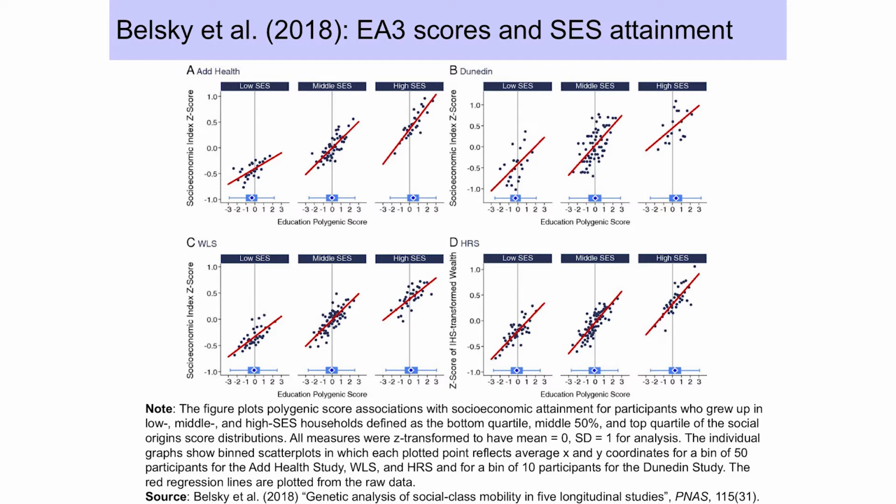strata of society. But you also see two other things. You see that the average polygenic score across these strata of society is actually not significantly different from each other, right? So there isn't that much genetic variation between people that were born in low SES families and high SES families. And yet, being a winner of the genetic lottery has an effect in all of these samples, right? So you're better off as a winner of the genetic lottery, independent of whether you're born in a poor